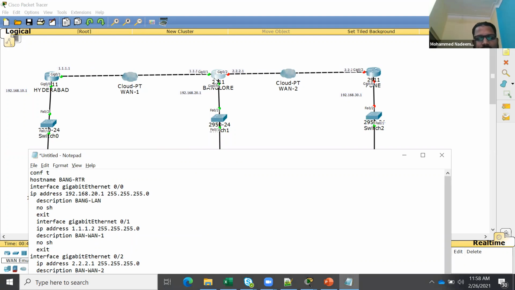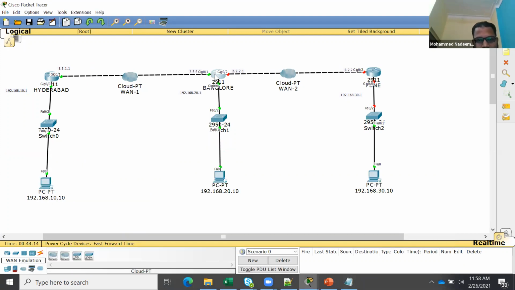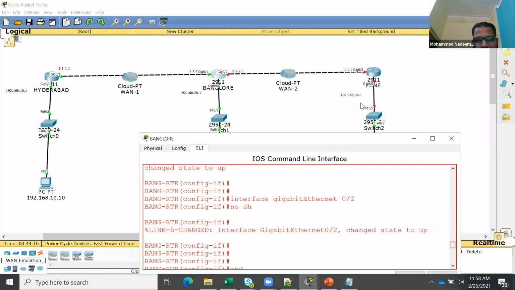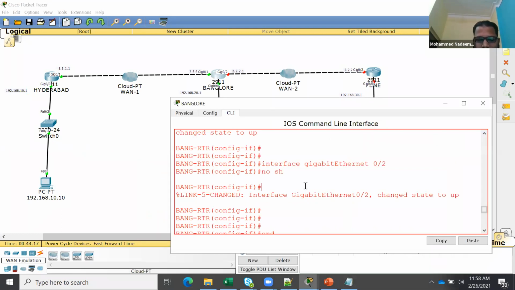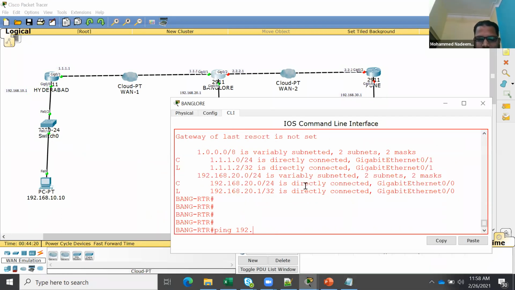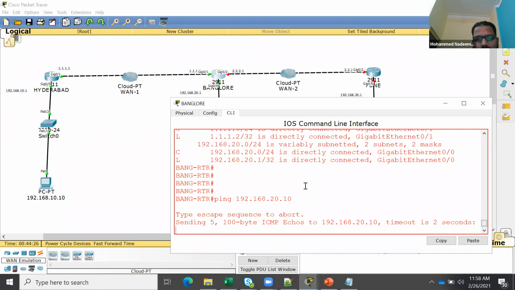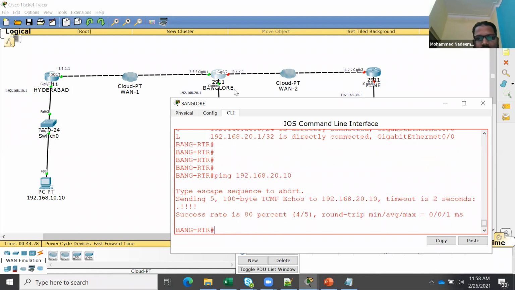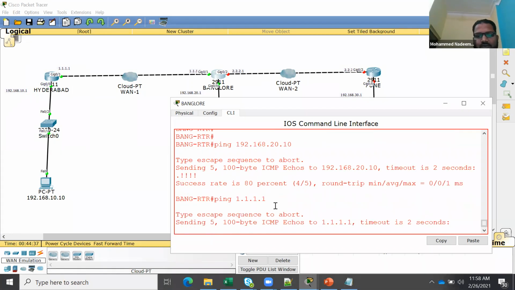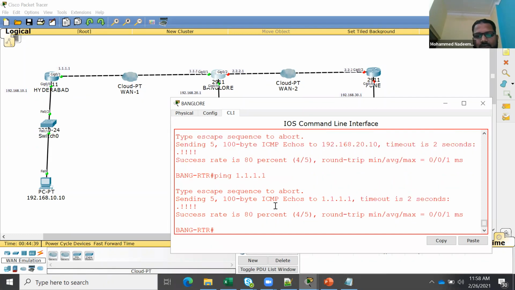If I go to the Bangalore router and try to ping my LAN 192.168.20.10, yes, I'm able to ping from the router. And from the same router, I can reach this WAN link also, the Hyderabad link, because they are directly connected, 1.1.1.1. Yes, I'm able to reach. So this is what we were looking for.